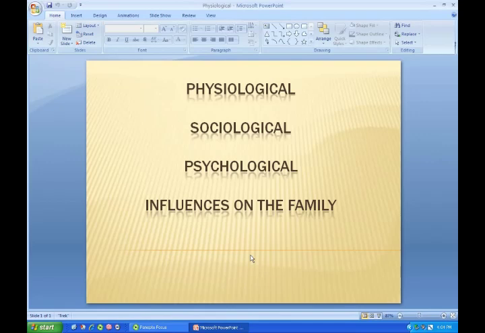Type of alcoholic beverage used. If an individual or family views beer as not really being an issue, but if they move over to the hard liquor realm, that's a whole nother ball game. Many people and individuals carry this. And so the type of alcoholic beverage, as long as I'm drinking beer, I'm okay, whether I'm drinking one or a case a night. Hey, I'm not an alcoholic. But if I take one shot, whoa, that means I'm an alcoholic. So again, that addresses the type of alcoholic beverage used will influence an individual.